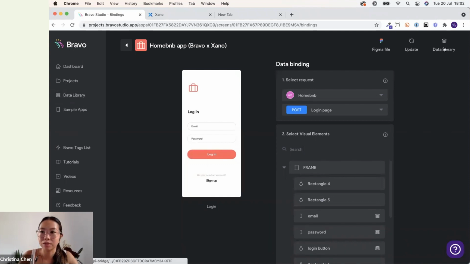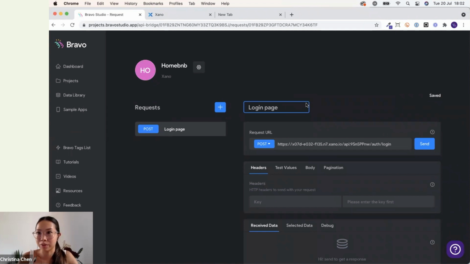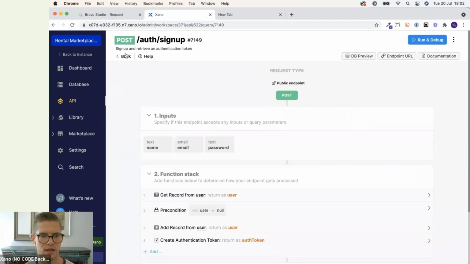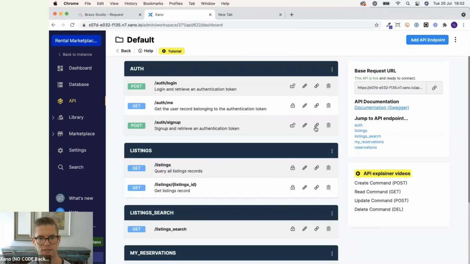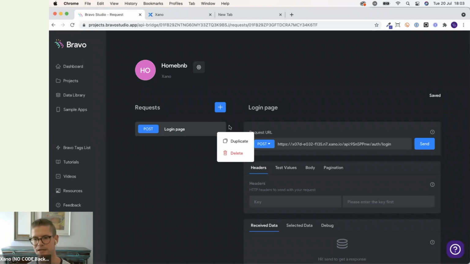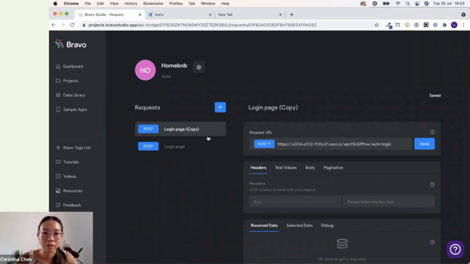And then that is it for the login page. So let's go back to the data library and continue with our request setup. The second one would be the sign up, which is pretty similar in terms of functionality with the login and also with this request setup itself, right? Correct. Yeah, sign up is going to be very similar. One of the only differences is we need to sign up a new user. So one of the things the sign up endpoint does is check that whoever's signing up doesn't already exist as a user. Okay, so in this case, we'll duplicate the login page,